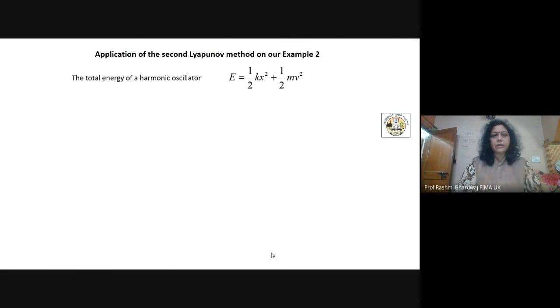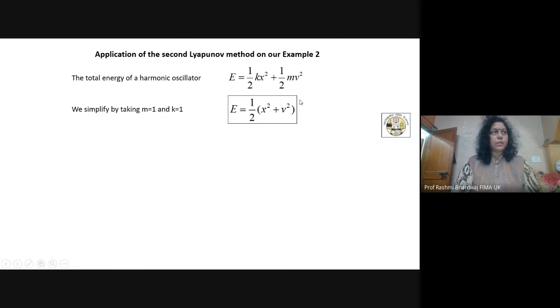Now we are taking the energy of this harmonic oscillator. So it comes to be the kinetic energy plus potential energy. You know that the kinetic energy of the system is half mv square and the potential energy is half kx square. So if we simplify,